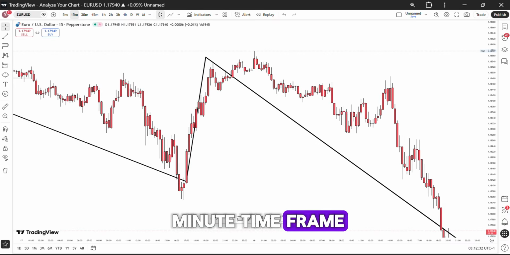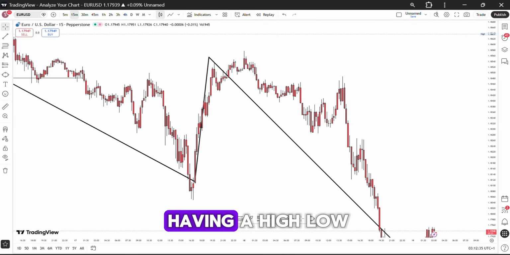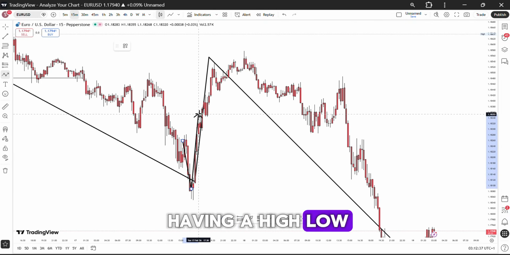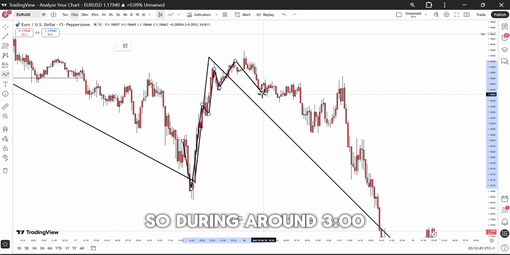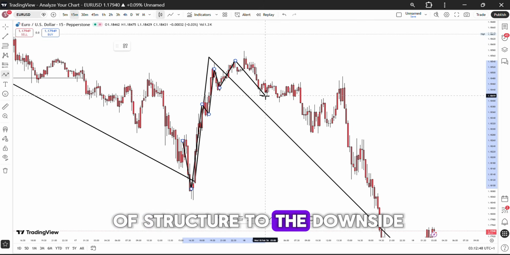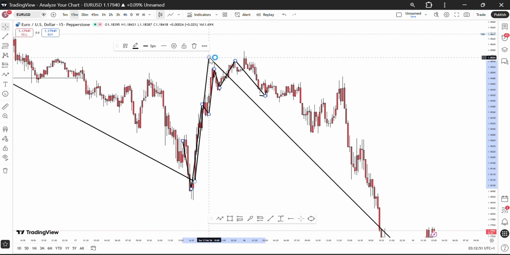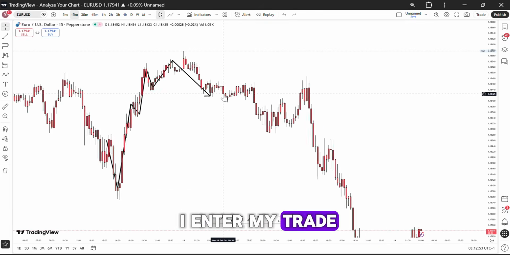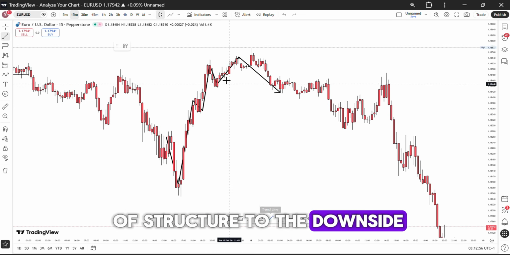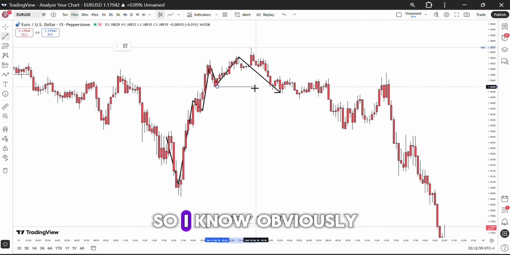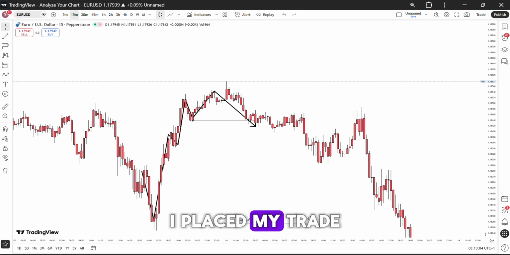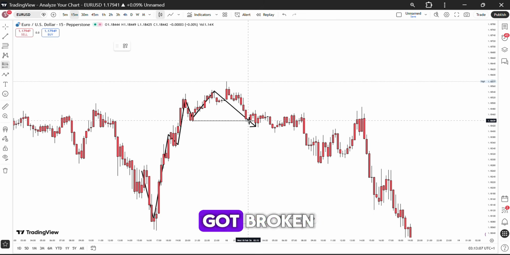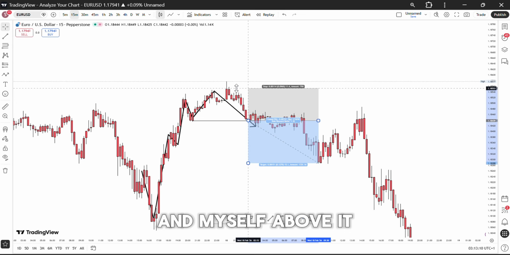So on the 15-minute time frame, you see we're having a high, low, high, low, high, low, and high. So around 3 o'clock, I saw a break of structure to the downside, which is where I entered my trade. This is a break of structure to the downside. So I know obviously the downtrend has begun again. They have resumed the downtrend. So I placed my trade here when this structure got broken, and I sell above it,